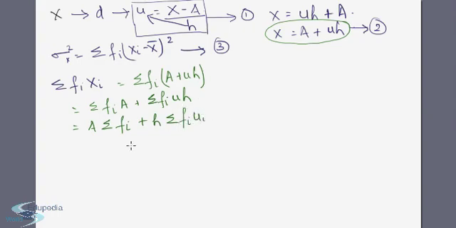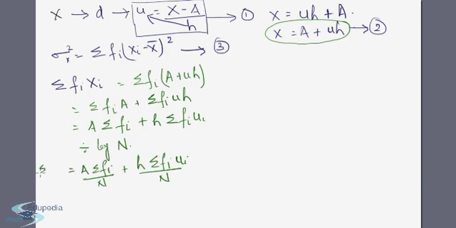Okay, now divide this whole thing by n. Divide by n, we will have a summation fi by n plus h summation fi ui by n, and